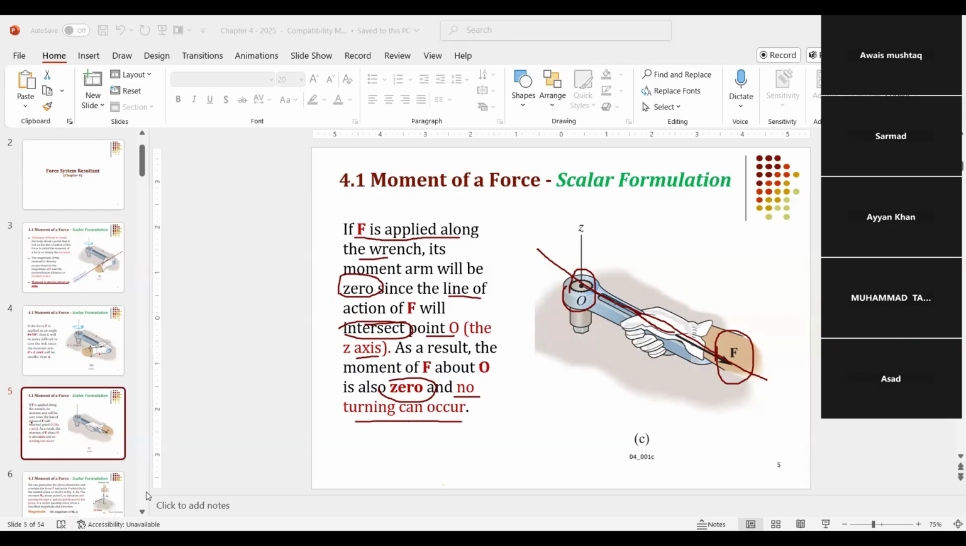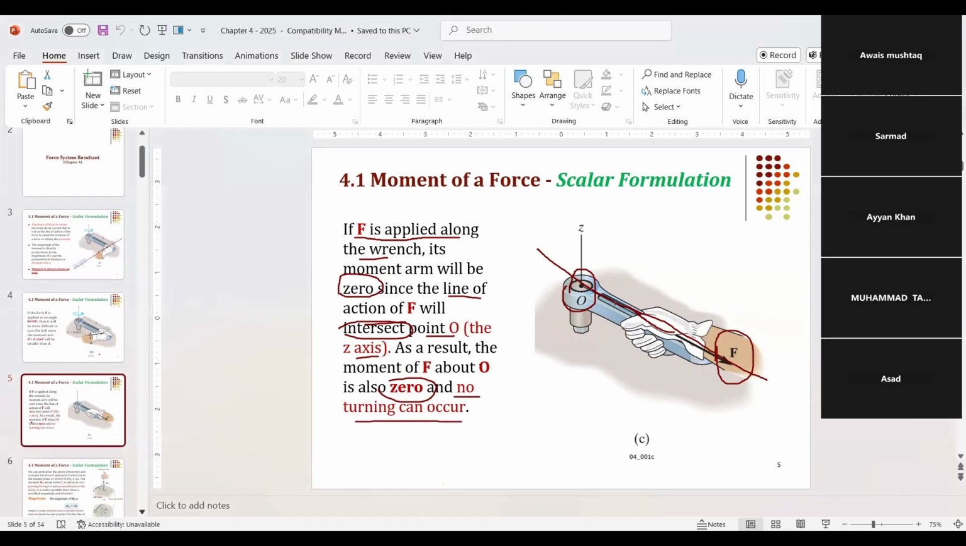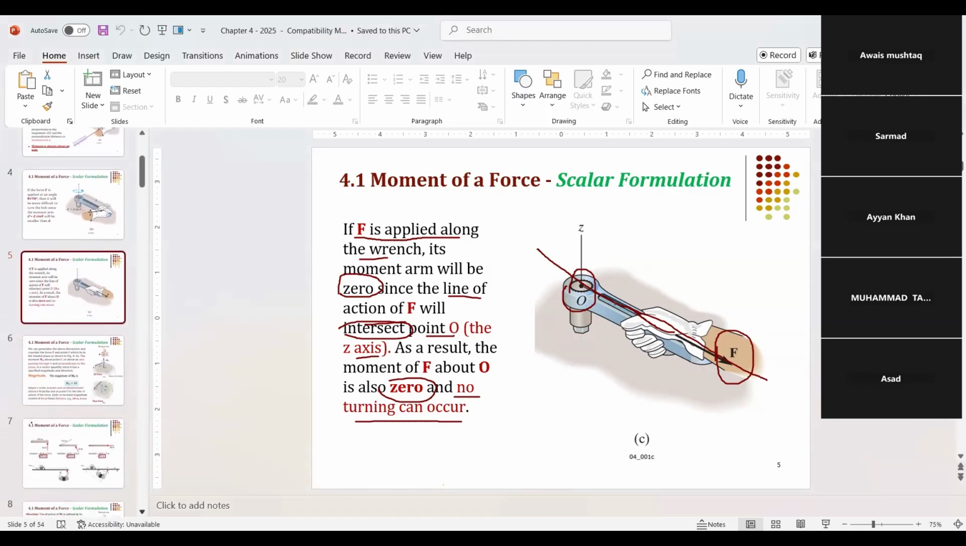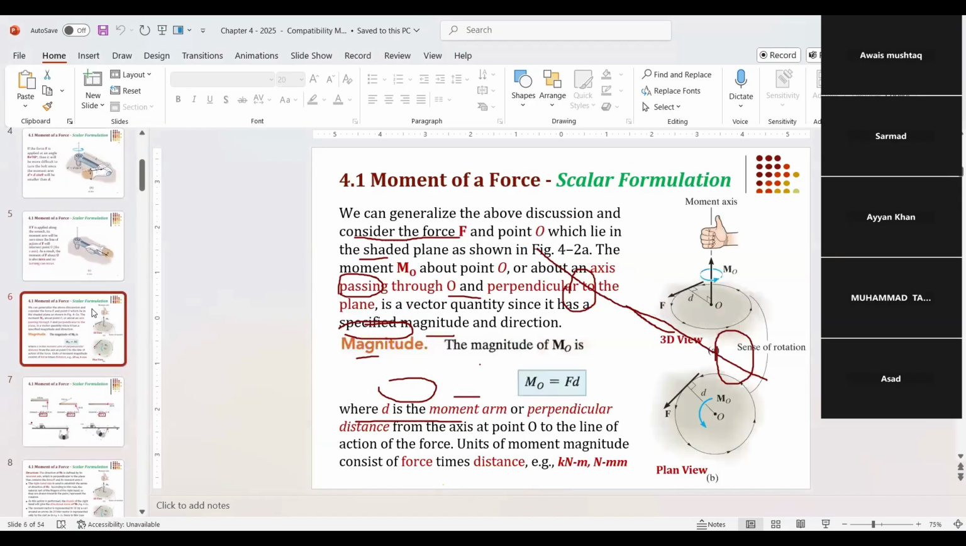Okay. And the other question is, what will be the moment on the axis? Moment about the axis is the same. Just multiply the force with the perpendicular distance. When you multiply it, whatever the answer is, that is your moment. Okay, now moving forward, we shall learn